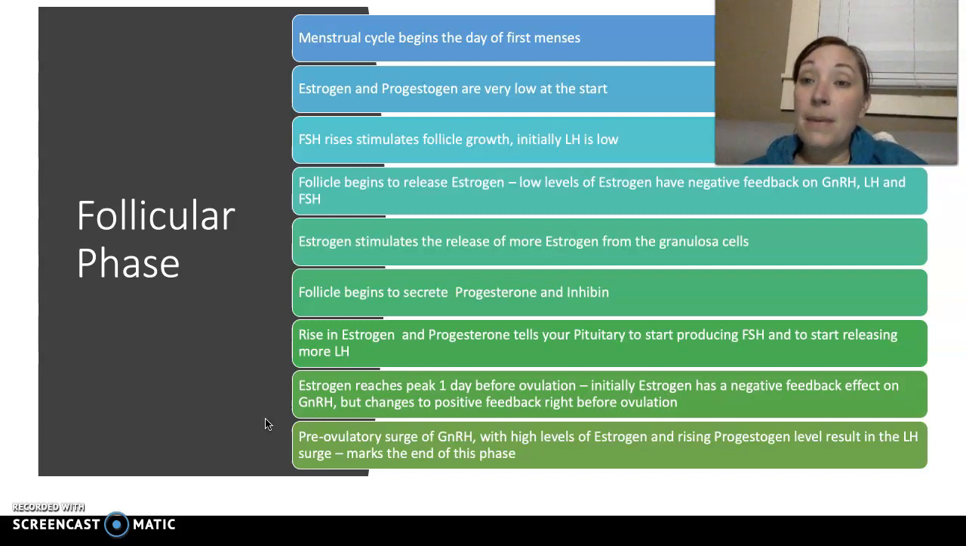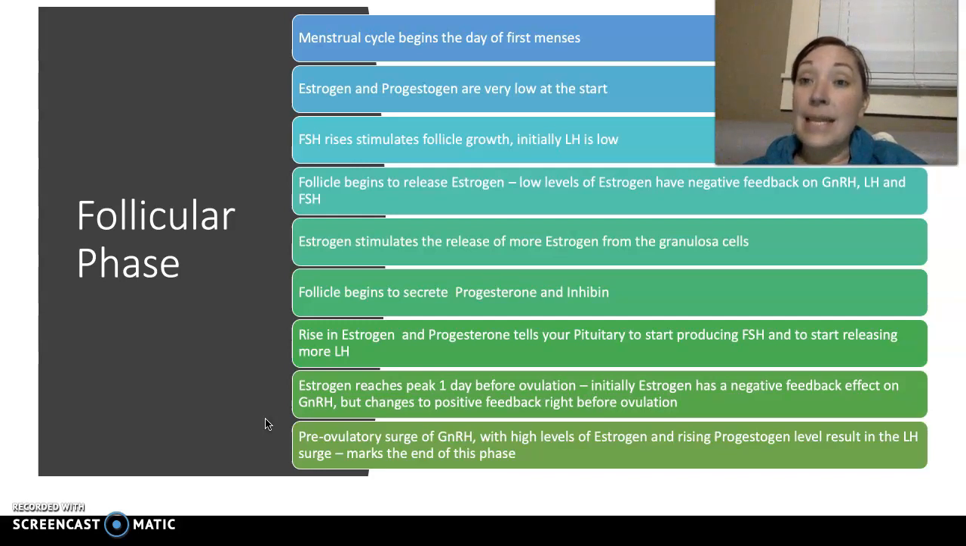And this inhibin becomes really important when it comes to what is known as the LH surge, because we want LH to be the primary hormone as we go into ovulation, for the start of ovulation and the development of the corpus luteum. With inhibin present, it reduces the amount of FSH that is released from the anterior pituitary. So you have a rise in estrogen and progesterone, and that tells your pituitary to start again producing